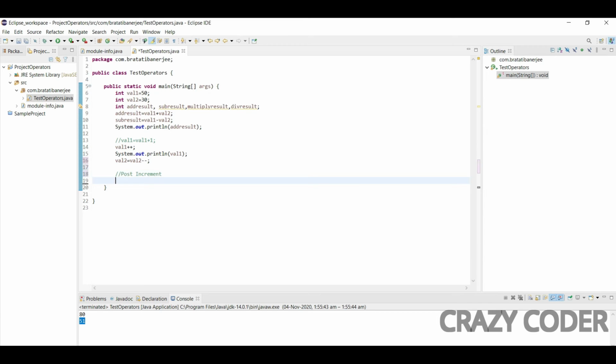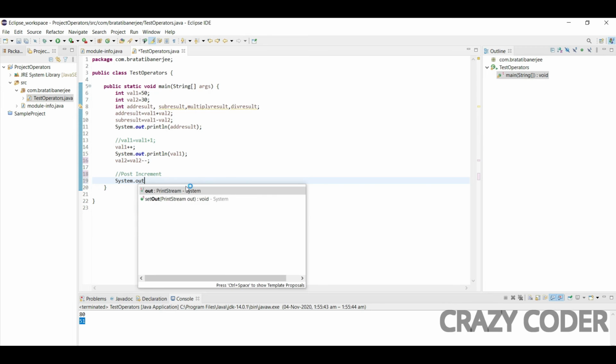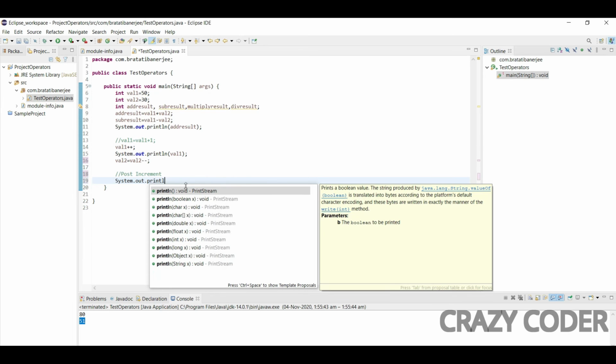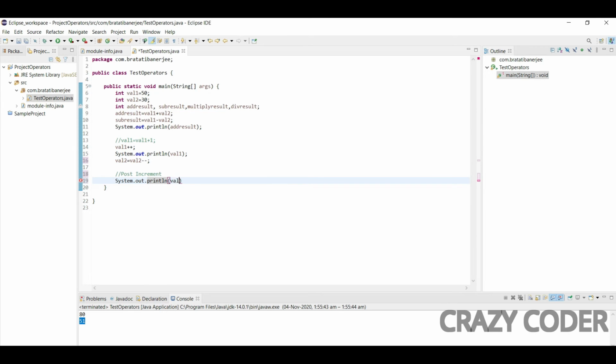Now if I write System.out.println and I say val1 plus plus, what will it print? So in here we are incrementing the value of val1 and we are printing it, right?